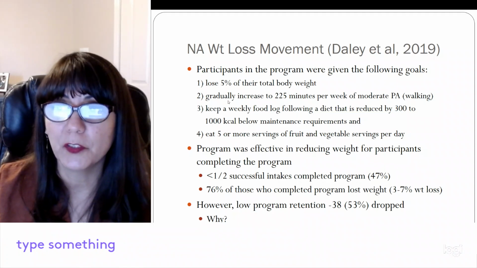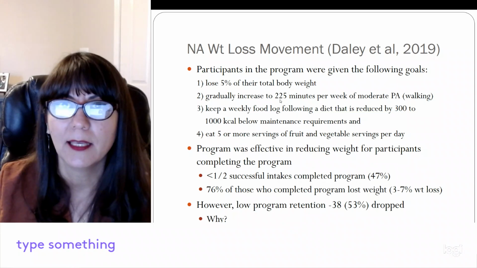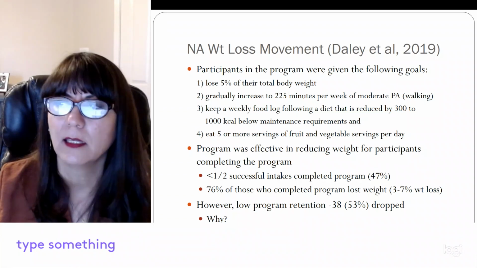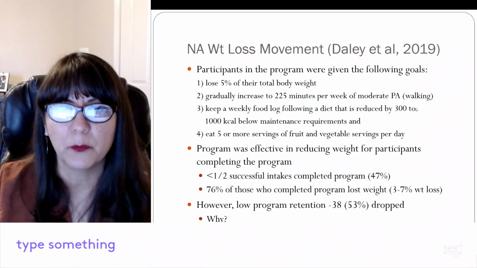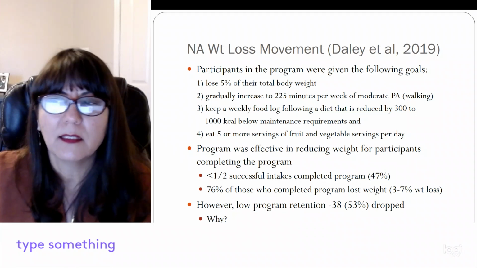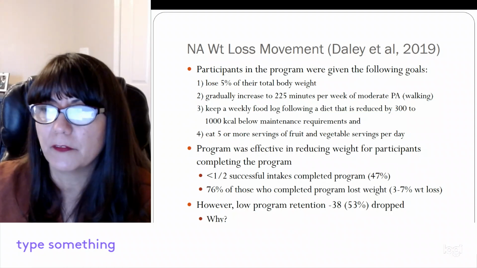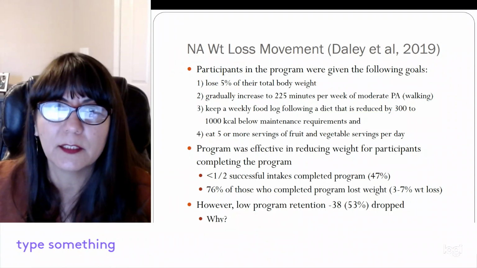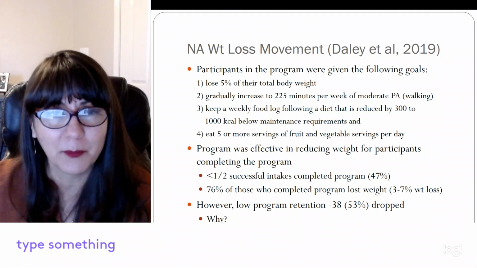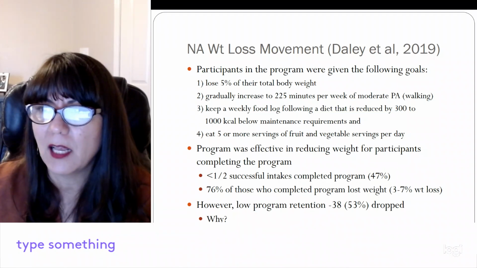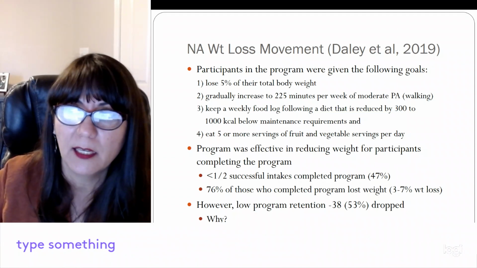They wanted these folks to try to increase their physical activity to 225 minutes per week of moderate physical activity. Okay, so they said this typically consisted of walking. And so, again, given the different age groups, given weather, given a variety of factors that might influence a person's ability to engage in walking, right, is something to think about when doing this intervention. How feasible was it for these folks to engage in this type of activity through walking in their communities?